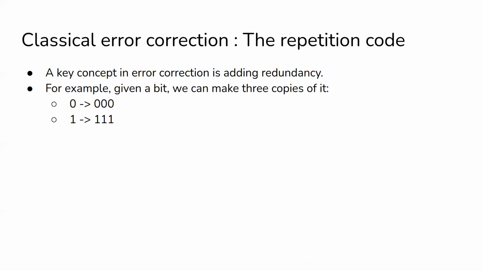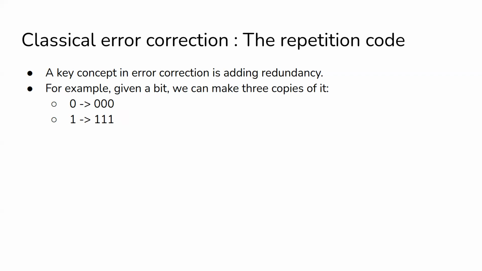Okay, so now where do we start? Per usual, let's go to the classical space. There's an idea of error correction in the classical space. If I say something and you don't hear me, I might repeat myself. Okay, I don't need to do it again. You got the joke. But with the repetition code,